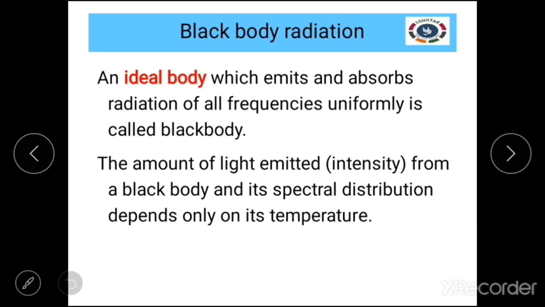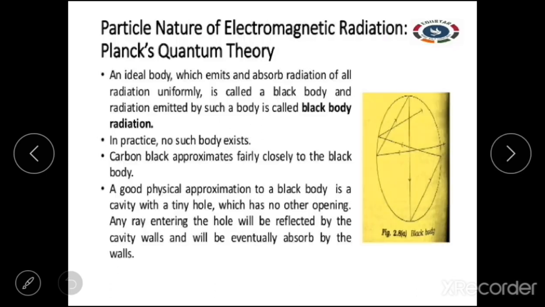To an approximation, we can consider our sun as an ideal black body, because it emits radiation of all frequencies, right? For proposing this, Max Planck took a black body as a small cavity with a tiny hole. A cavity with a tiny hole is taken as a black body because all the light entering the hole gets absorbed by it, and it can't escape from the hole.